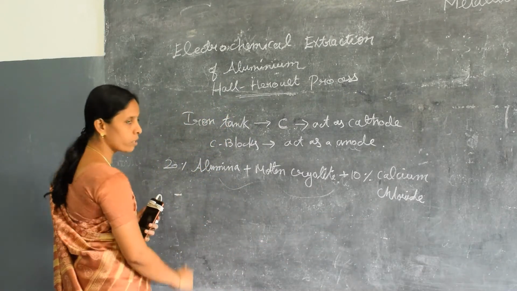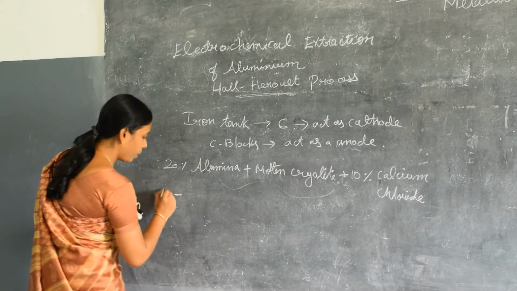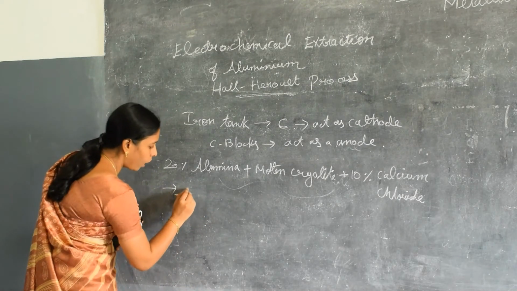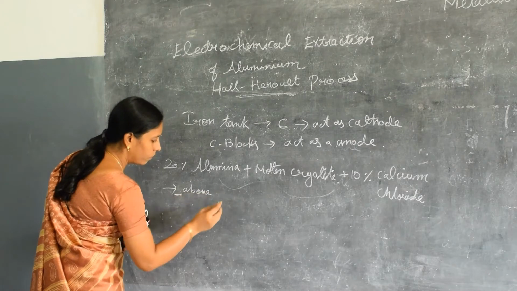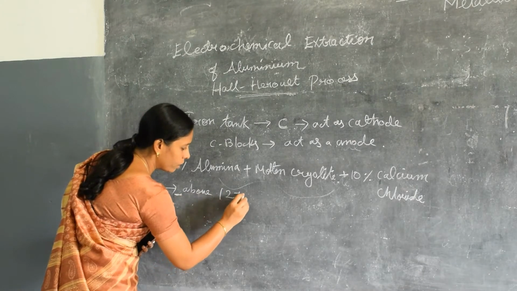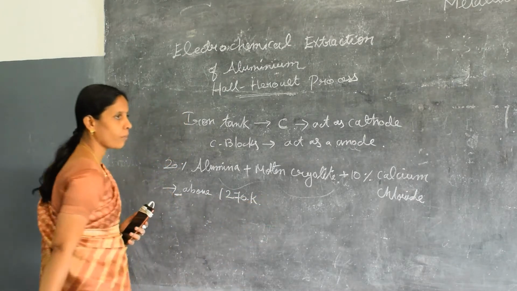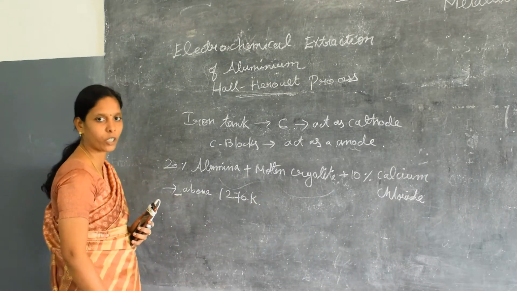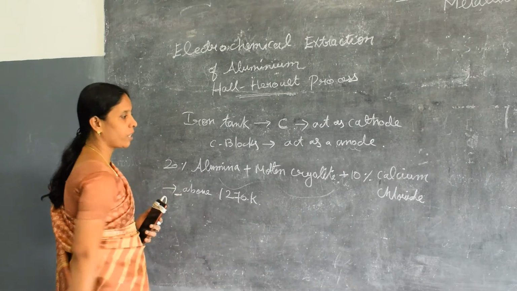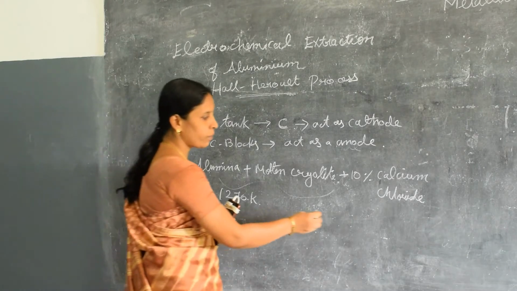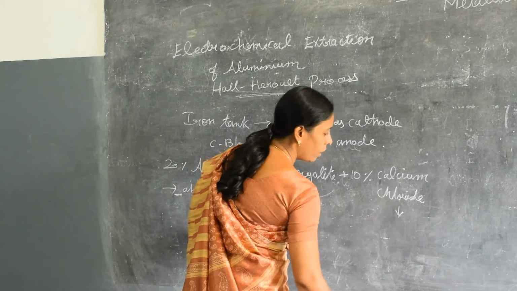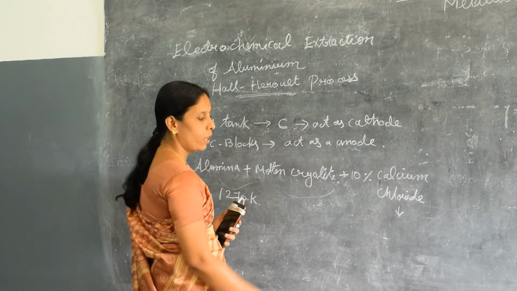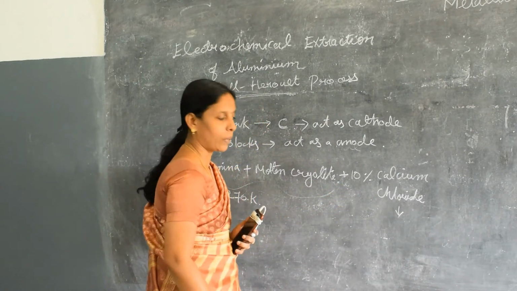temperature of 1270 Kelvin. Maintained at a temperature above 1270 Kelvin. Okay, the 1270 Kelvin temperature must be maintained. Okay, now the reaction is carried out. The calcium chloride helps to lower the melting point of the metal